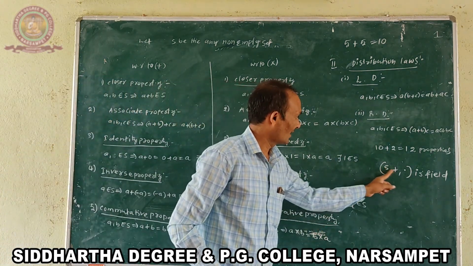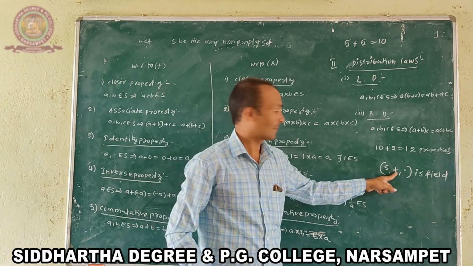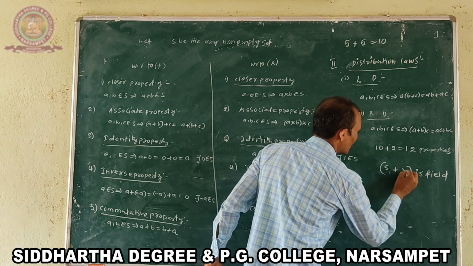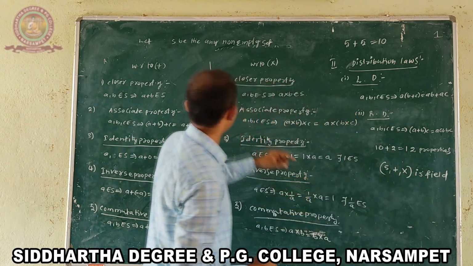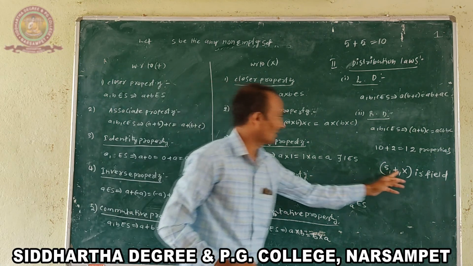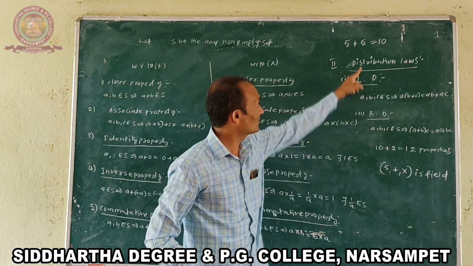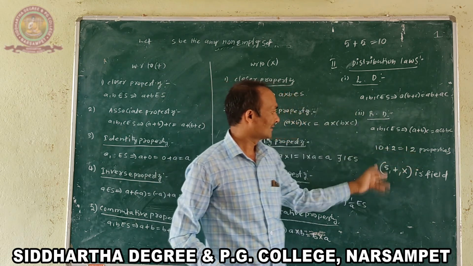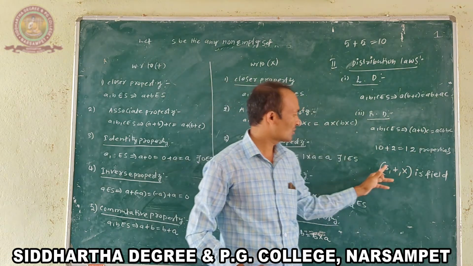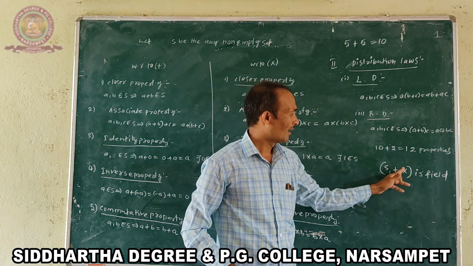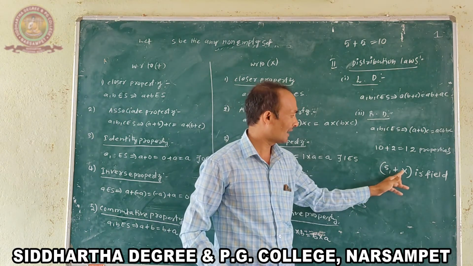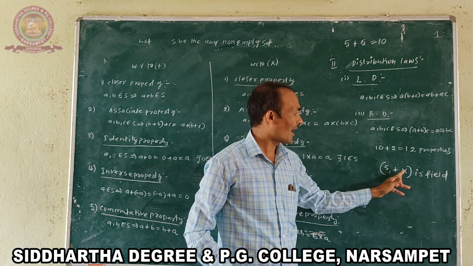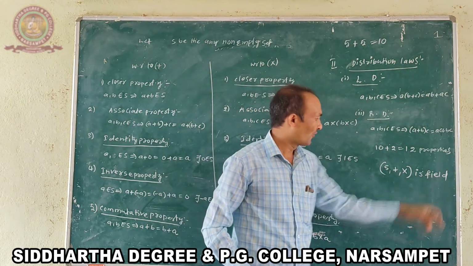Here S has a first binary operation, addition, with 5 properties, and a second binary operation, multiplication, with 5 properties and these two properties. Finally, S satisfies 12 properties, then S is a field. It is denoted by (S, plus, star), and sometimes with multiplication, (S, plus, multiplication) is a field.